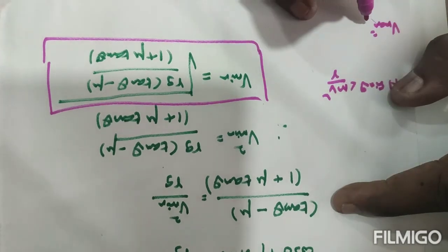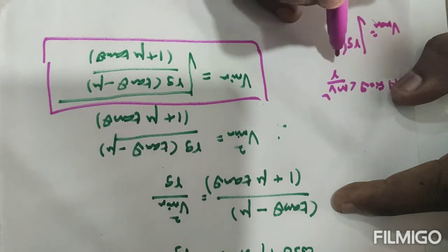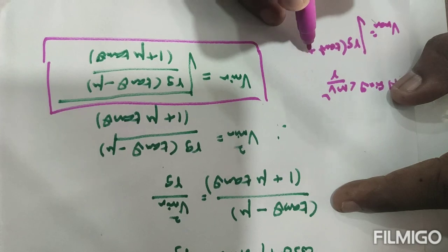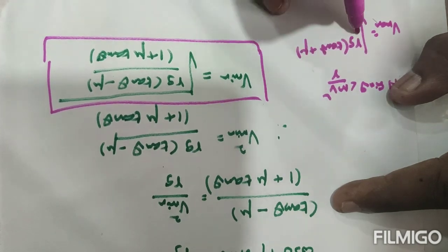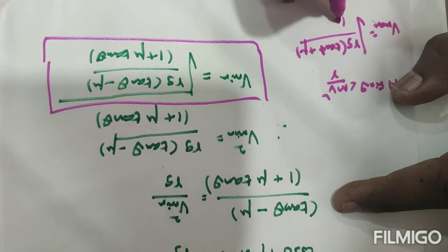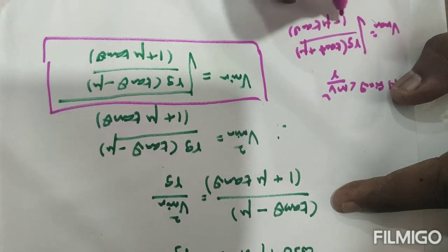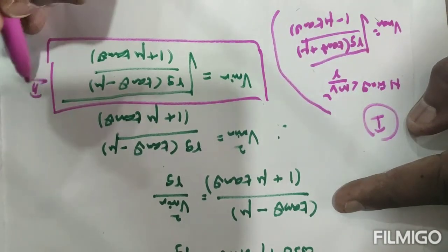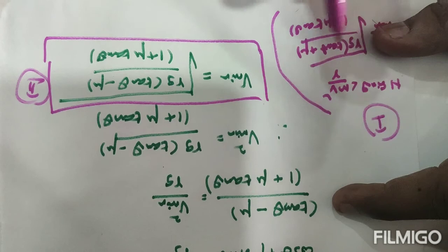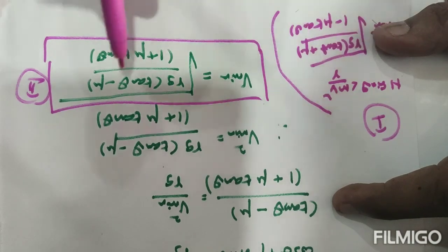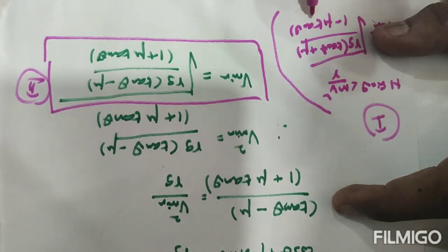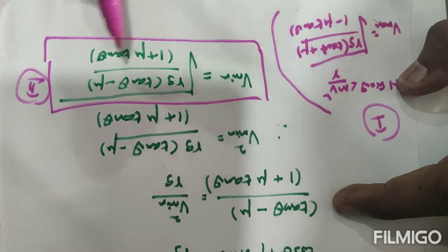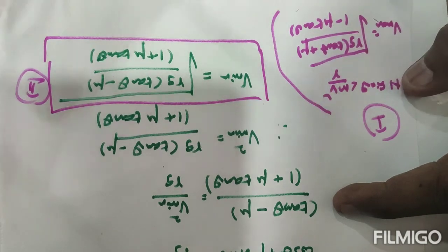So what is that formula? The whole root of Rg into tan theta plus mu divided by 1 minus mu tan theta. Okay, so this is case 1, this is case 2. Just compare the Rg: here tan theta plus mu, here tan theta minus mu, here 1 minus mu tan theta, here 1 plus mu tan theta. So only the sign changes: here plus, here minus, here minus, here plus, that's all.